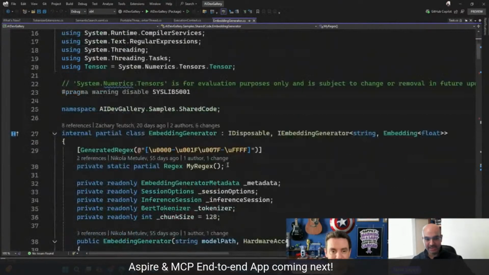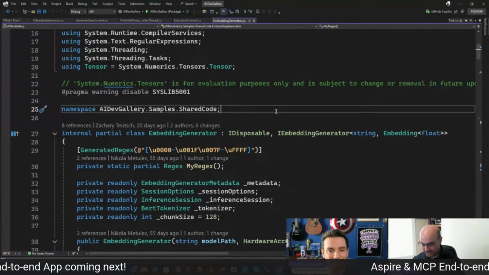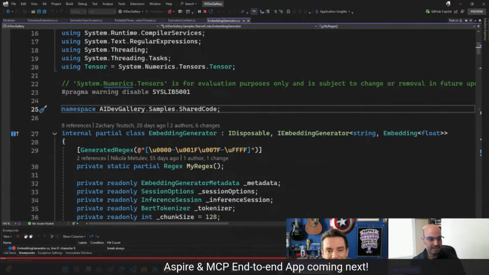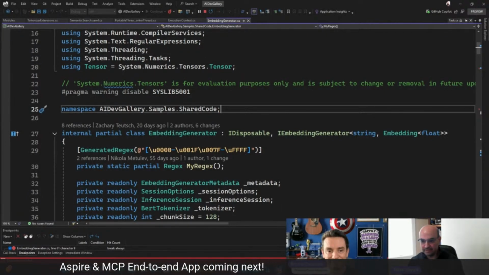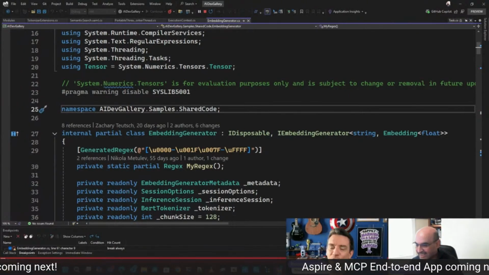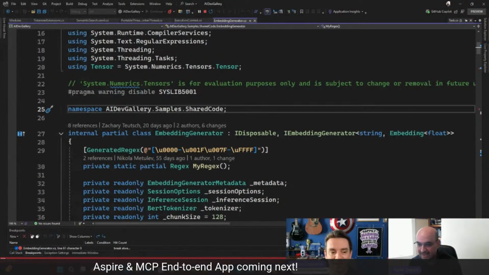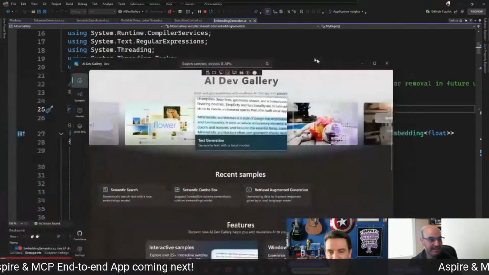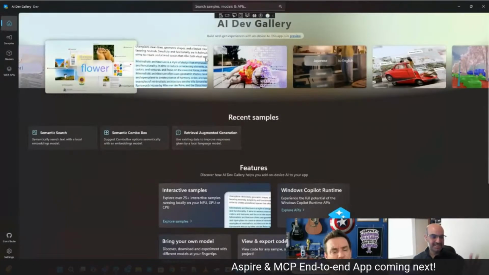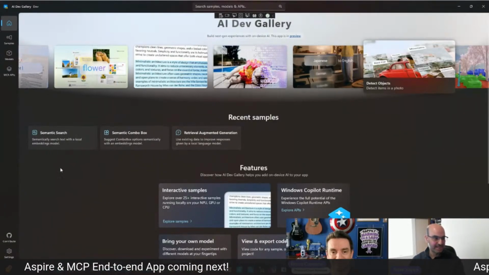Okay, so this is actually the AI Gallery code. This is what I cloned from the AI Gallery, and I'm going to just run it. I press F5, so it should be running. This is not a heavy app, but I remember from a couple of local tests that it takes some time to bring the gallery up. There it is. So now this is the application running under the debugger, using Visual Studio.